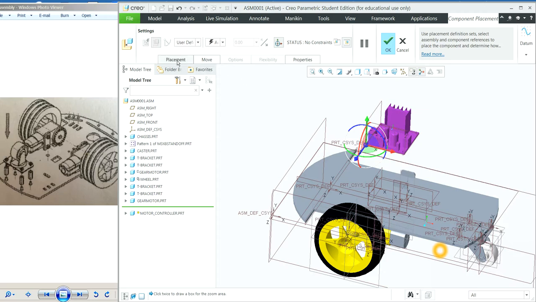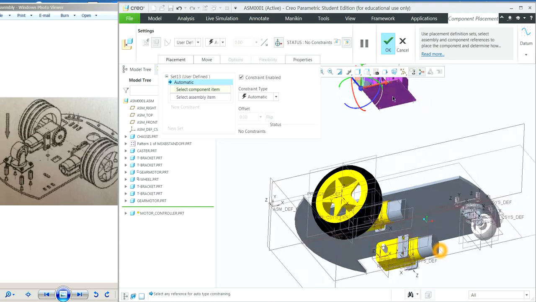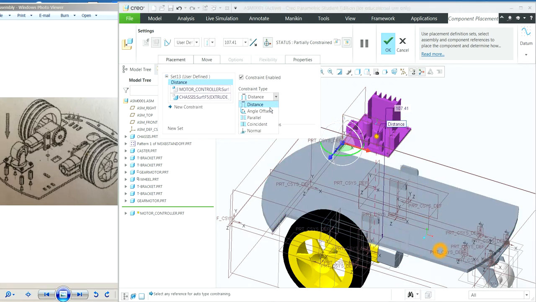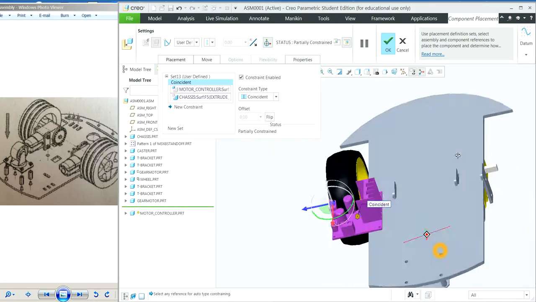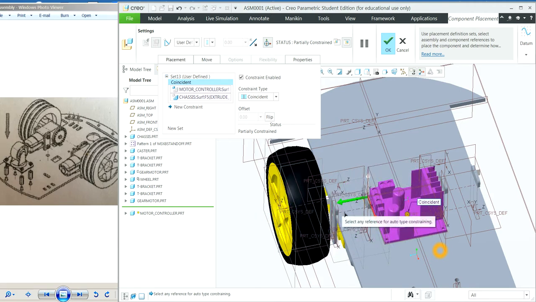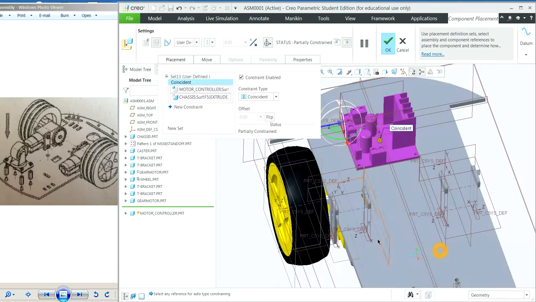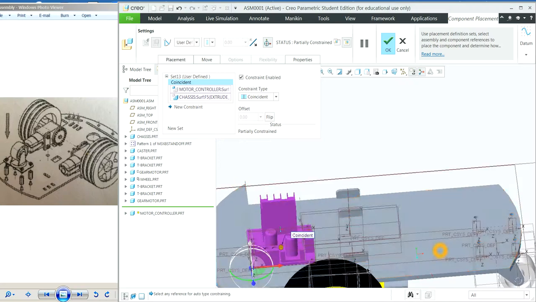Okay, we want to add the constraint. First constraint, we want to match the bottom of the controller with the top of the chassis. Set the coincident. We can move that in the other 2 directions. Let's just put it there without setting the exact